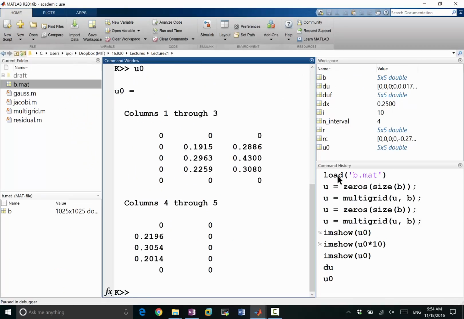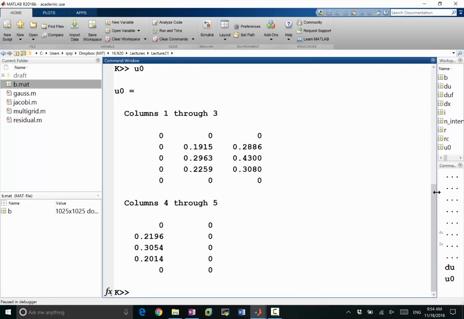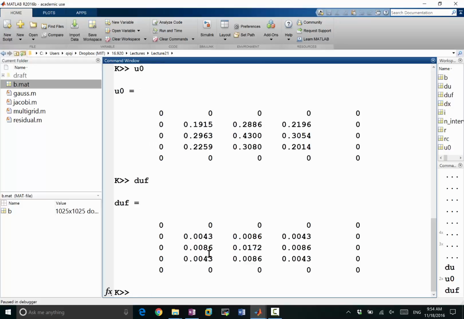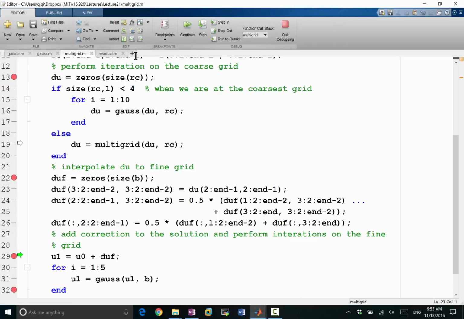Previously, my U0 is an array like that, and the DUF is an array like that. So adding them together, my U1 is going to be basically this plus this. This array has the smoother features, and this array has the less smooth features of the solution. So adding them together, I have the U1, and after a few post-smoothing iterations, my U1 is going to be